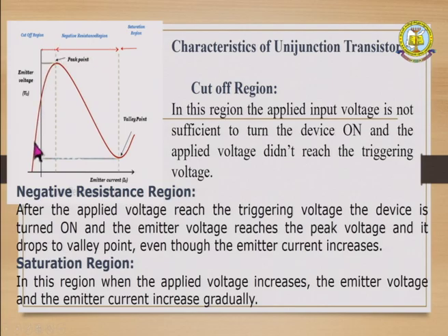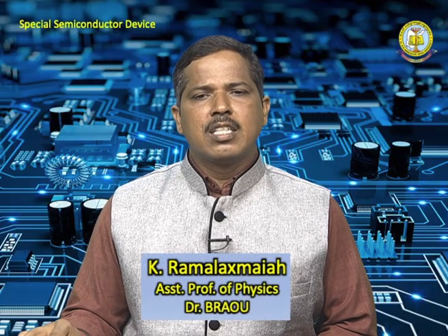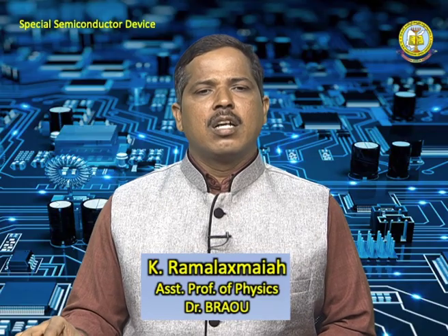So this is the cutoff region. This is the characteristic of the unijunction transistor, the cutoff region point. It is off, and the applied voltage has not reached the triggering voltage. Okay. The negative resistance region is also approximately the same. Further, when the voltage reaches the triggering voltage, the device turns on, the emitter voltage reaches the peak voltage, and the value drops. Okay. Next,